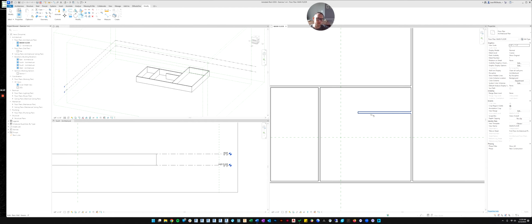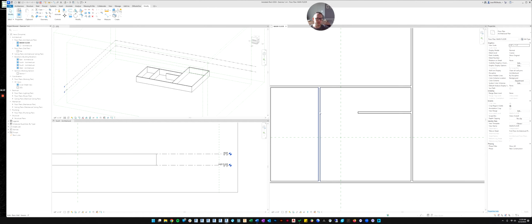The other thing to notice about the join command is, depending on what part of the wall you click on, it changes the way it behaves. See how if I click on the top side of this wall, it deletes the bottom side and keeps the top? You need to be careful about where you click on the wall. It'll keep where you click. If I click on the bottom side of the wall, it keeps the bottom side. But if I click the top, it keeps the top side.